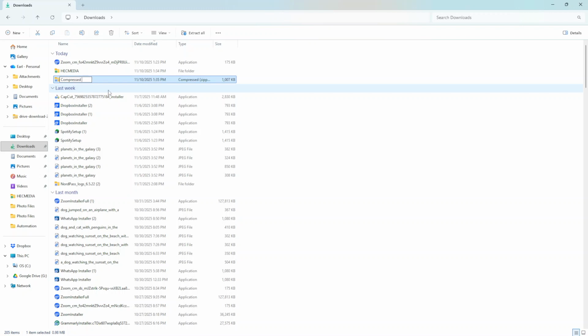And there you have it. You've successfully created a zip file on your Windows device. By following these steps, you can easily streamline your data management or prepare files for quick transfer. Remember, zip files are incredibly versatile not just for storage, but also for protecting your documents and sharing them with minimal fuss. You're now ready to apply this skill whenever the need arises.